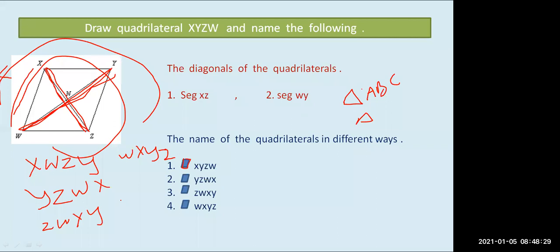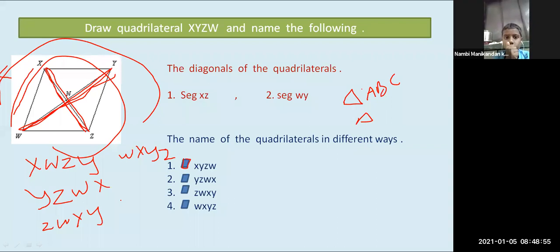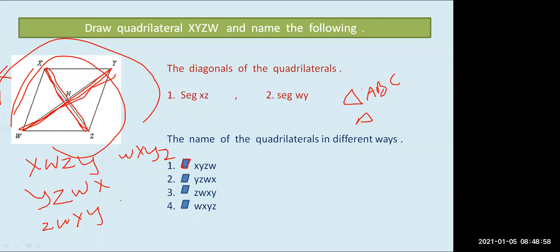figures. Okay. So we have revised everything. We have revised the concept of triangles. We have seen now the concepts of quadrilateral. In quadrilateral, you have this much only: adjacent sides, adjacent angles, opposite sides, opposite angles, diagonals, and how to write and read the name of quadrilaterals. In triangles, you have seen acute angle triangle, obtuse angle triangle, right angle triangle, and scalene triangle, equilateral triangle, isosceles triangle. And you have seen two properties also.